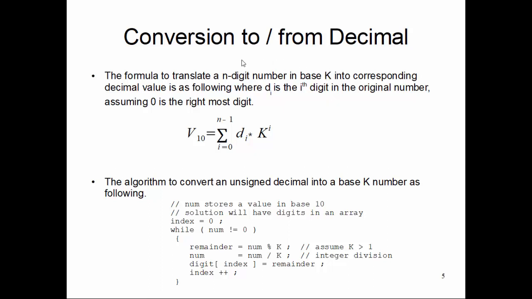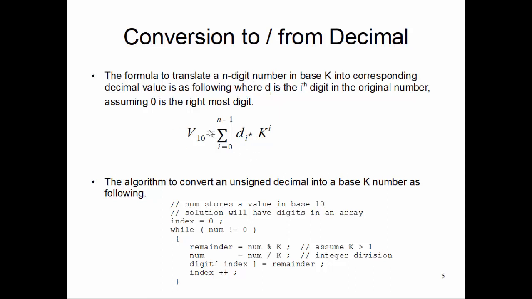I want to transform that into a decimal value. Let's say these individual n symbols in the string are called d_i, for the ith position of that value string. Then, assuming index 0 is the rightmost digit in that n-symbol string,